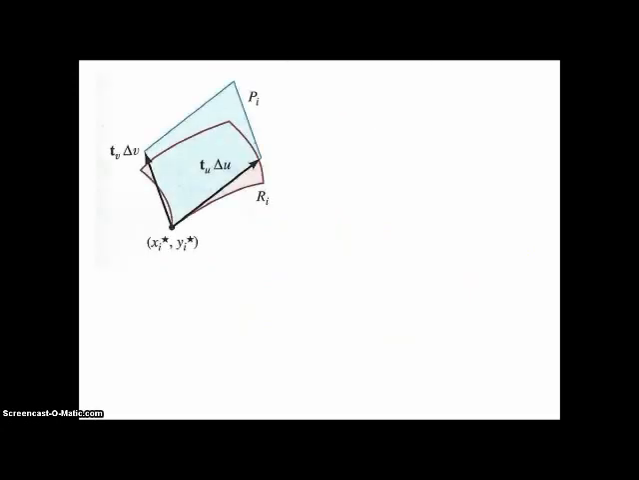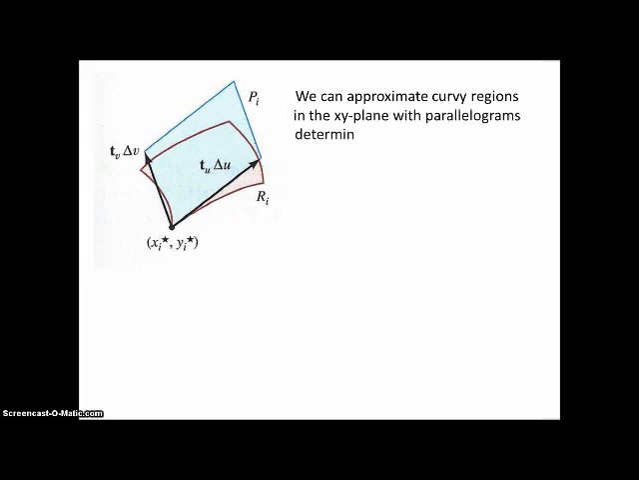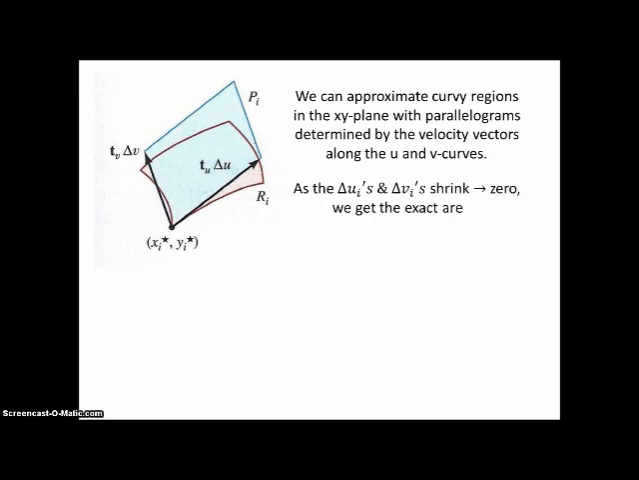Okay, so now what you have here, the pink area is a curved area in the xy plane bounded by v and u curves, and the blue parallelogram is determined by the velocity vectors along the u and v curves. So what we can do is approximate the curvy regions in the xy plane with parallelograms determined by the velocity vectors along the u and v curves. Now, as the changes in u and v shrink to 0, then the parallelograms become closer and closer in area to the curved surface,